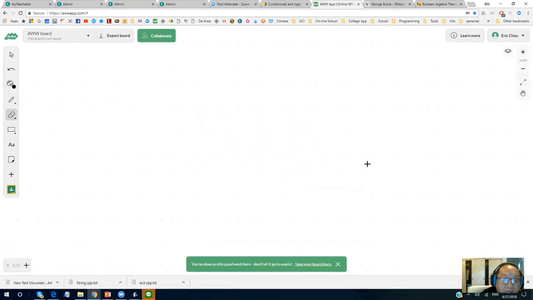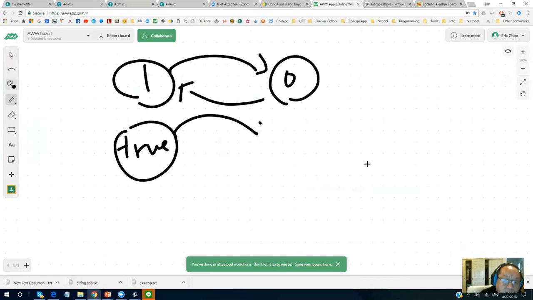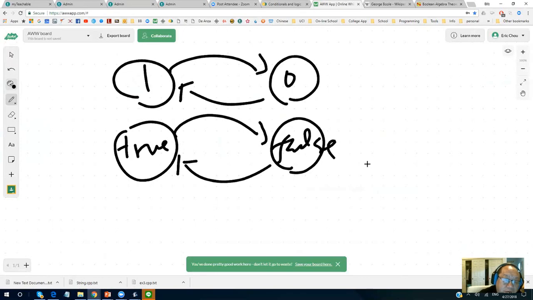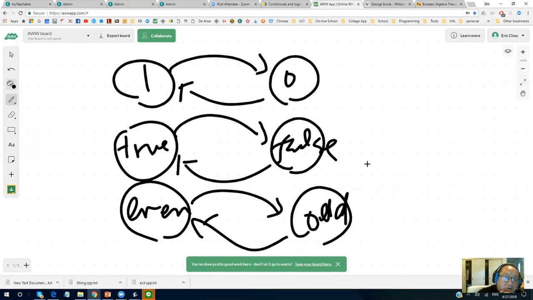Say we want to change it between 1 or 0. We want to change it between true or false. We want to change it between even, odd. All these can be achieved by toggling, right?